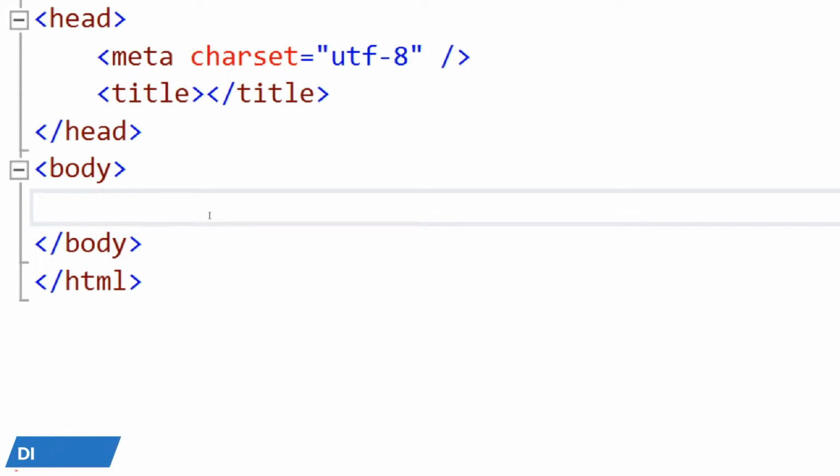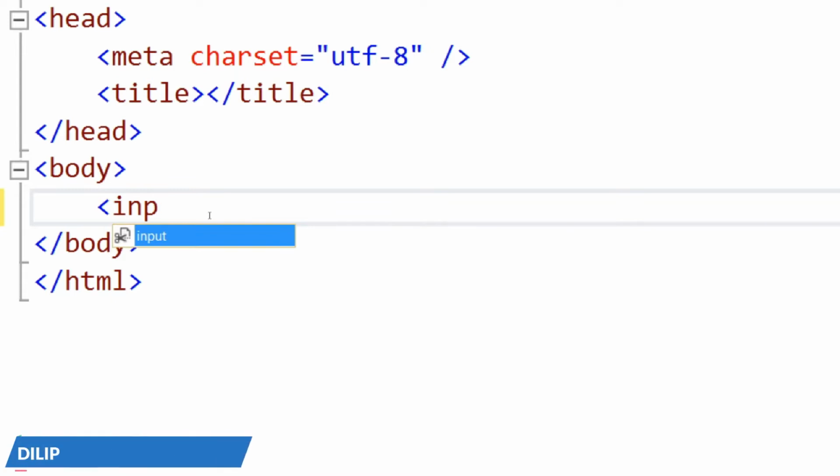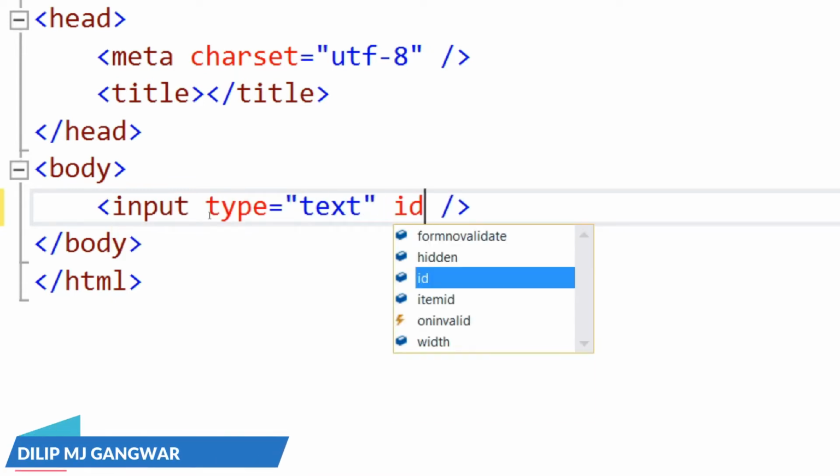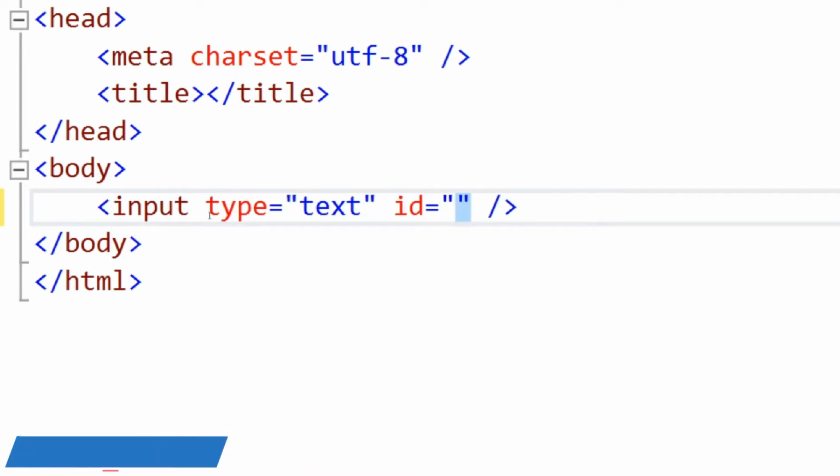This is body. As I have told you, we are going to take a choice of color from the user. So how will the user enter the color name? It is very obvious to have a text box. So I am taking an input type text. ID. This is very important. Whenever you create any element, give the ID first, because when you apply any event on this element, any running behavior, the ID will be required there, and name it appropriately. So I'm naming it color name.